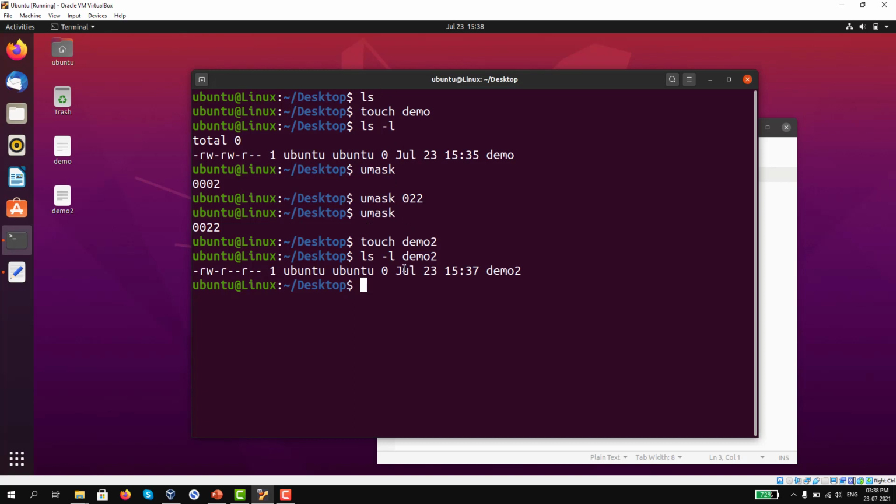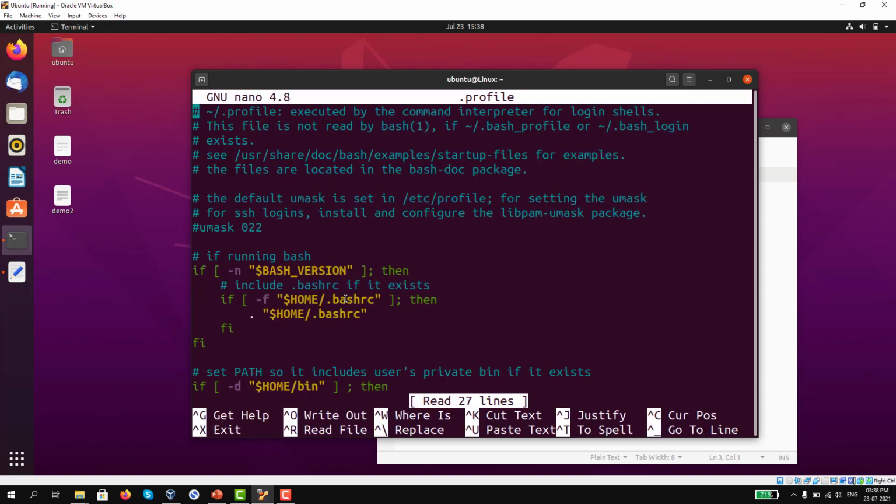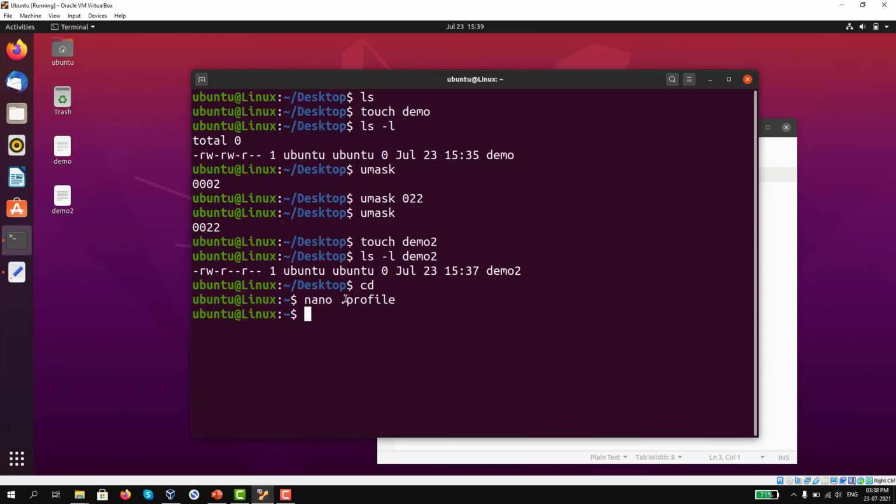that particular terminal only. If we want to do this modification globally, meaning over the whole system, we need to do a little bit of modification. In the home directory, we will have a file called profile. In that profile, here you can see umask. If we uncomment it and add the umask value here, it will be applicable to the whole system wherever you are. If we create any file or directory, this umask value will be applicable and the new permissions will be added. This is how we can manage file permissions for different users in different ways.